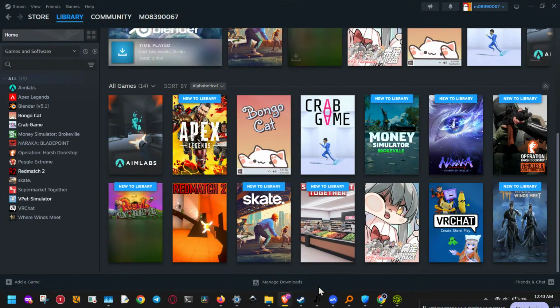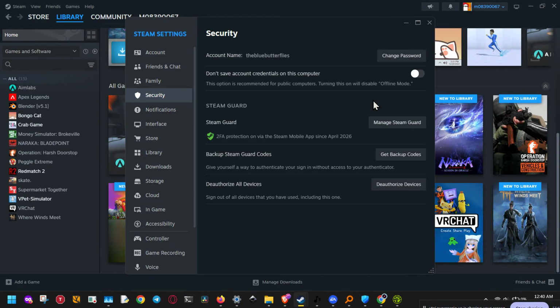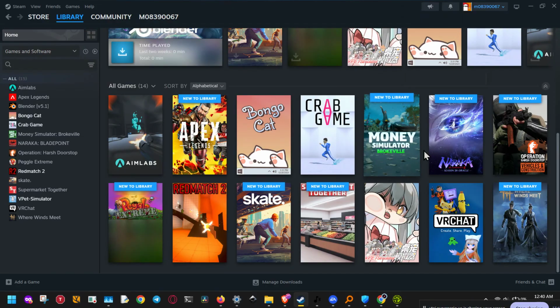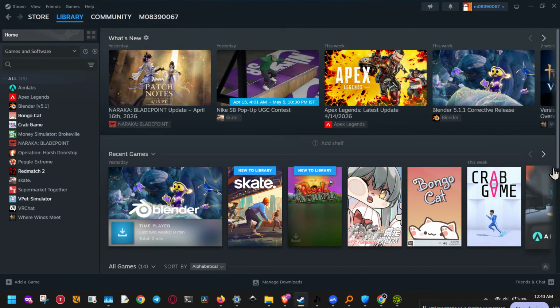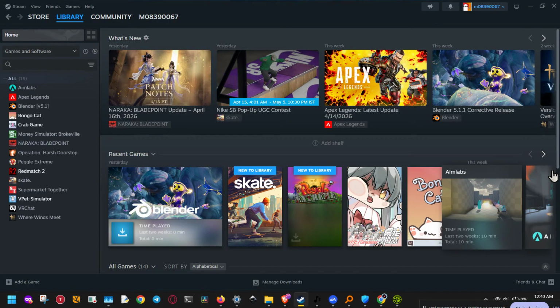If your Steam client is acting up, missing features, or you just want to make sure you're on the latest version, this quick tutorial will show you how to update the Steam client the right way. Steam usually updates automatically in the background, but you can also manually force it to check for the newest build, which is especially useful if you want to make sure everything is current before launching a game or troubleshooting a